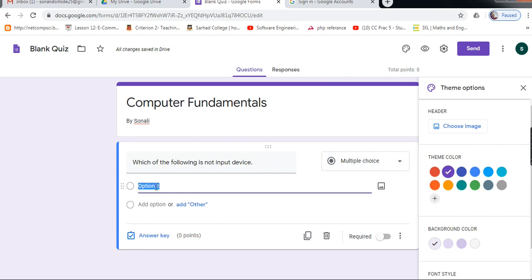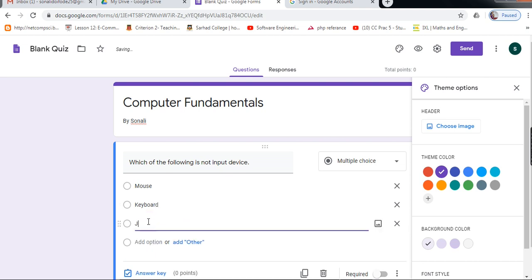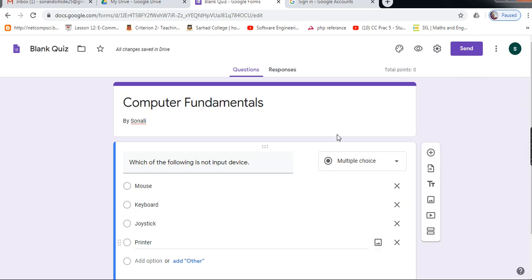You can write the options here. These are the options for this form.